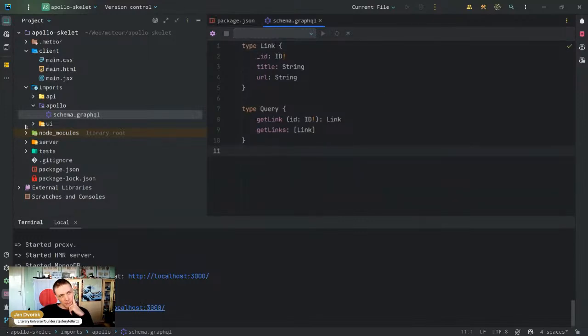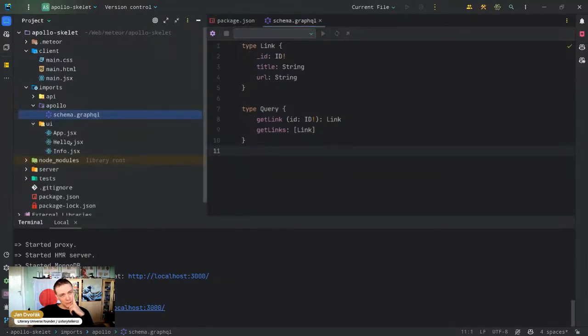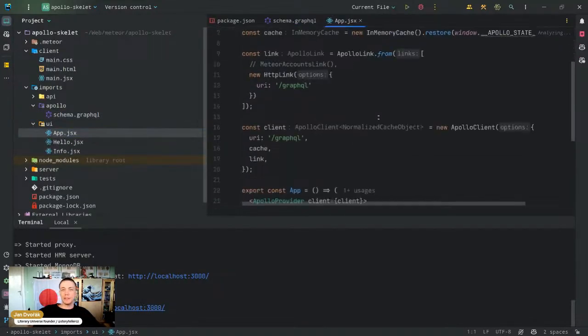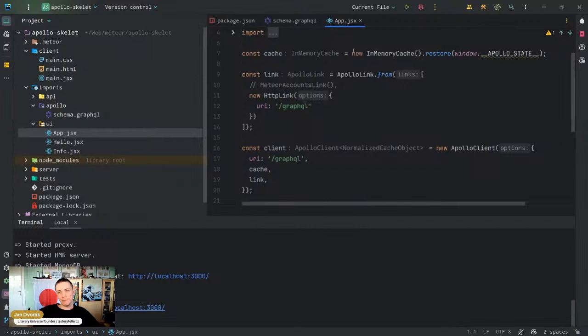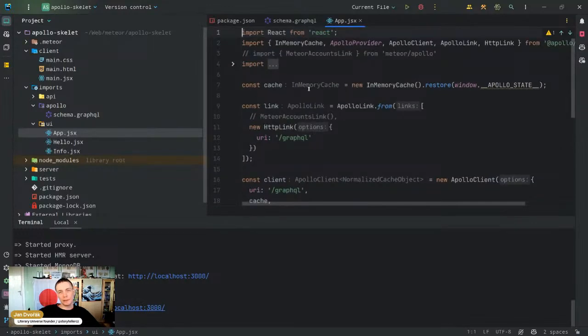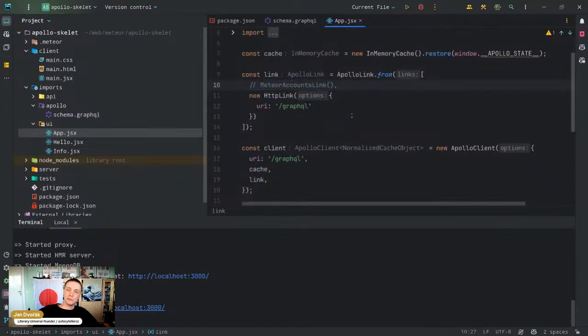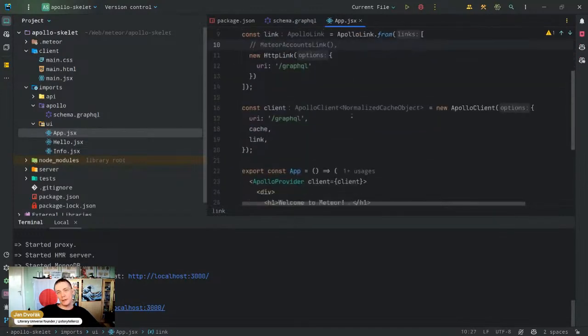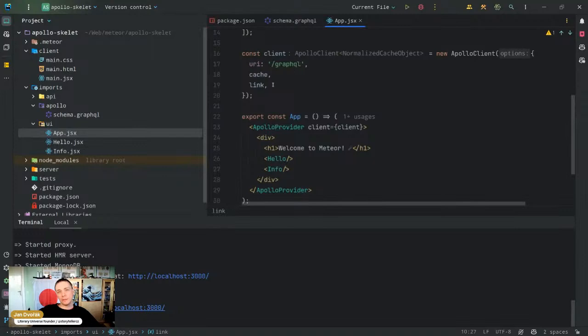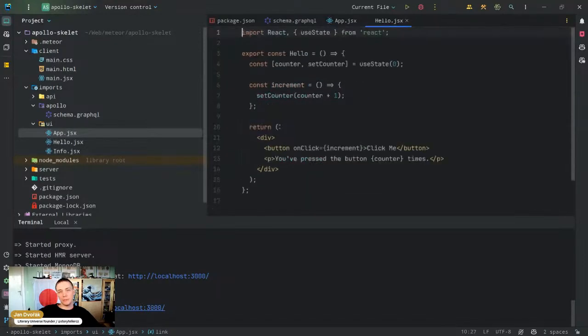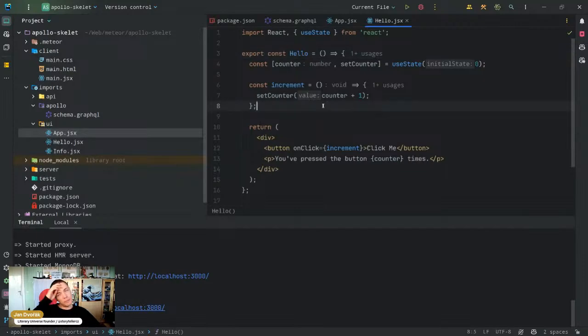If we look at the UI, we have the app, new HTTP link. We have here already the accounts link, which we will be testing. We have all of this set up, and then we have the hello and the counter. I was thinking that maybe we could update this example